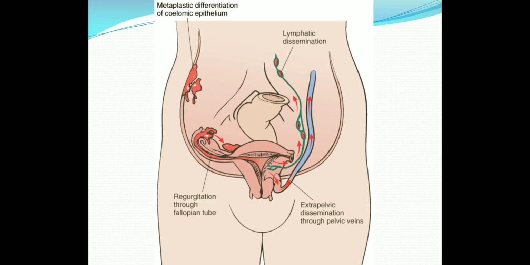Okay, so there are different pathogenetic pathways in endometriosis. Why is this endometrium coming outside the uterus? What is the pathogenesis behind that? There are a lot of different concepts regarding endometriosis. One is that it can be due to lymphatic dissemination. Sometimes from the uterus, through the lymphatics, this endometrial tissue can go and settle somewhere else, like the umbilicus or the colon.